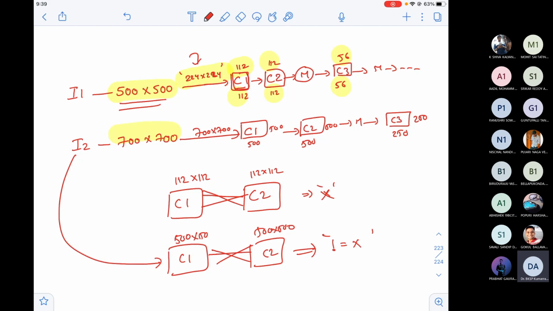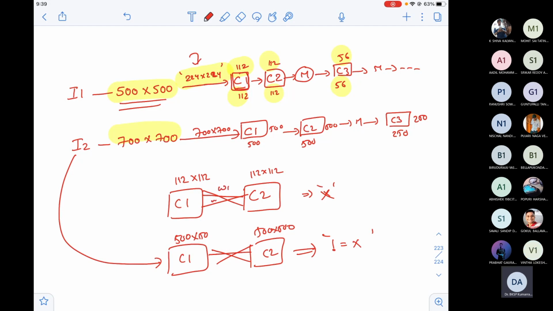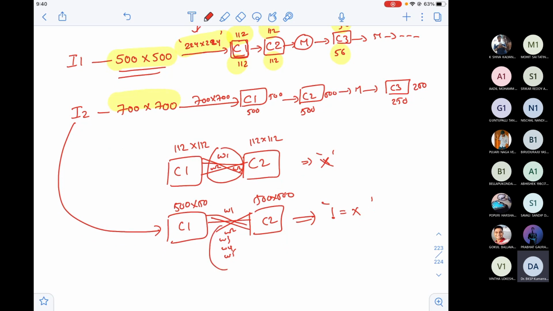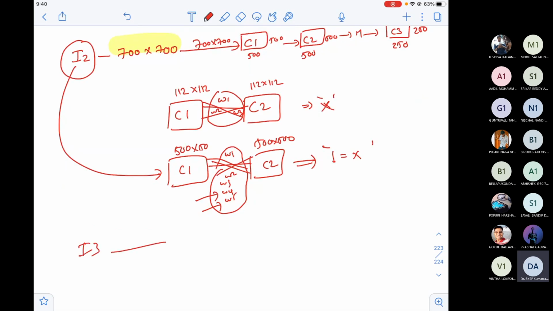See, it's like I have certain weights here, W1, W2, W3. Only assume that there are only 3 weights. Since the size is more here, you will have more weights: W1, W2, W3, W4, W5. Now, only 3 weights are there here because the size is less. I'm just giving a number. But when you have bigger sized outputs, you may have greater than 3. New weights are W4 and W5, but these new weights are specific to image 2. Then you will have image 3, new weights. Image 4, new weights. Image 5, new weights.